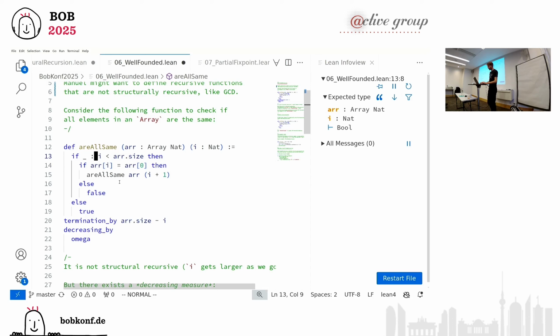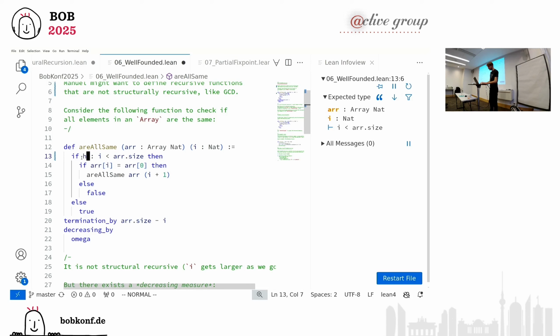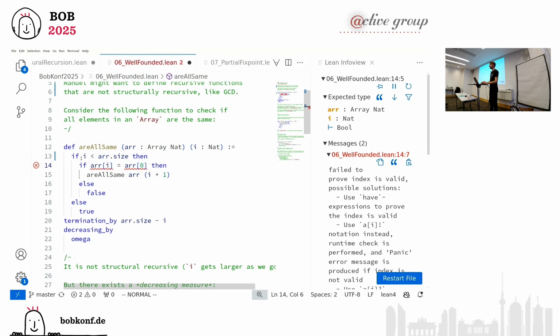So, good question. The underscore here, actually I could give it a name. This gives the name to the thing, and if you were to look at the proof state, we will see it now has a name. If I were to leave it out, then this will show off nice features of Lean. It will actually complain about the array indices, because now it doesn't know anymore. Now this doesn't have a name anymore. It's not in the context, so to say. And then Lean cannot prove that this i here is actually in scope.